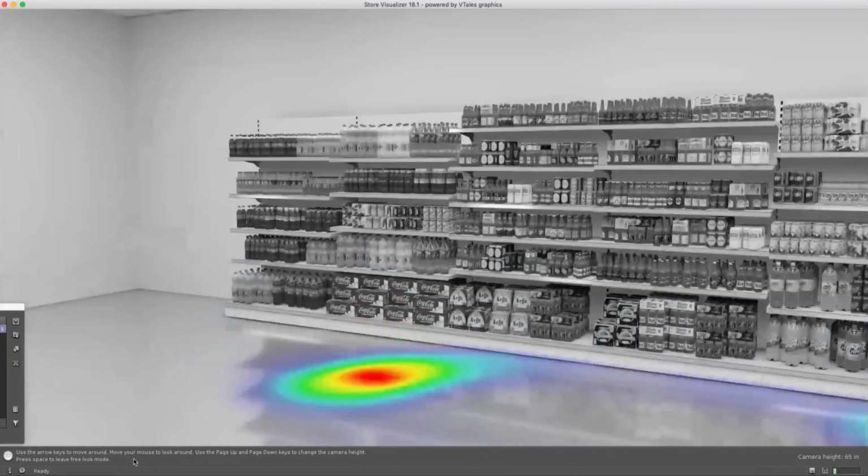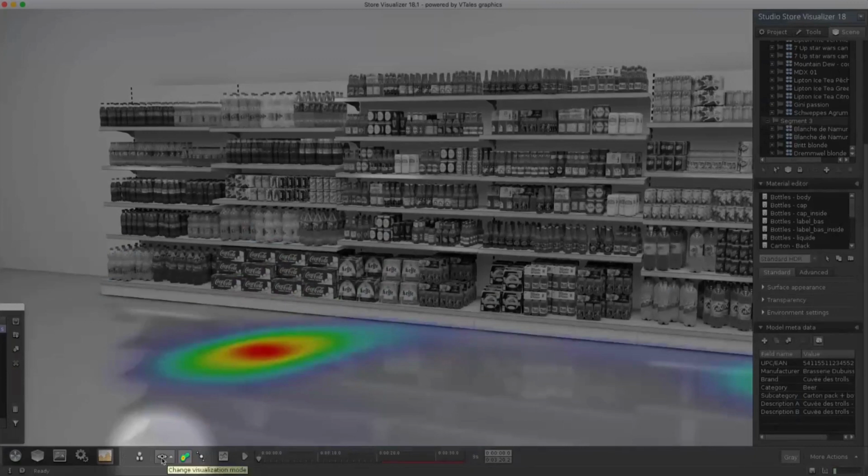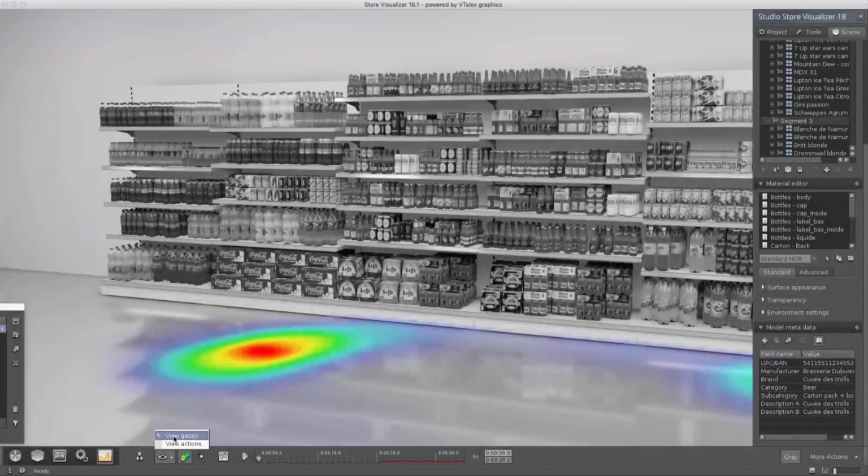So what we can do to evaluate this further is in the consumer insight mode, we now have two visualization modes. So the first one is what we call gazes. Gazes, by the way, only work with eye trackers. So in this demo scenario, this is not going to display anything here on my actual shelf. So I am limited to view actions. And then as I am displaying my actions, I can display those